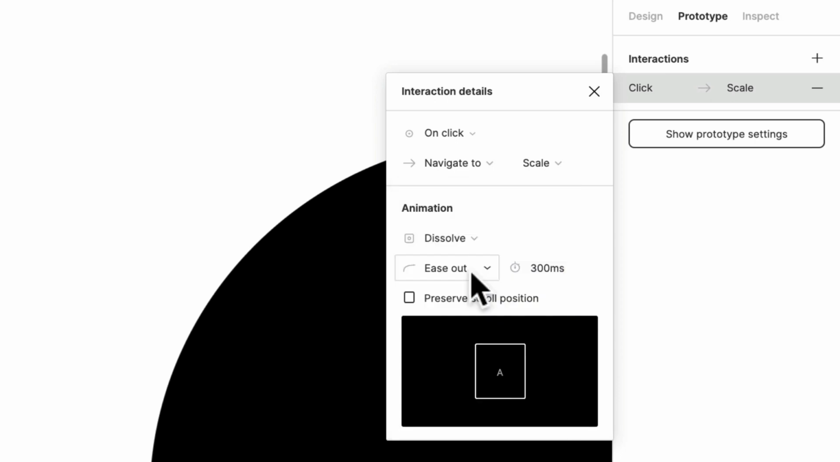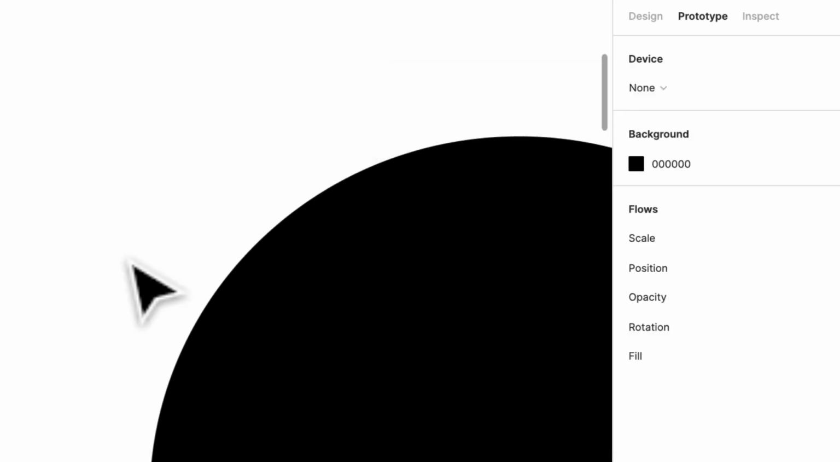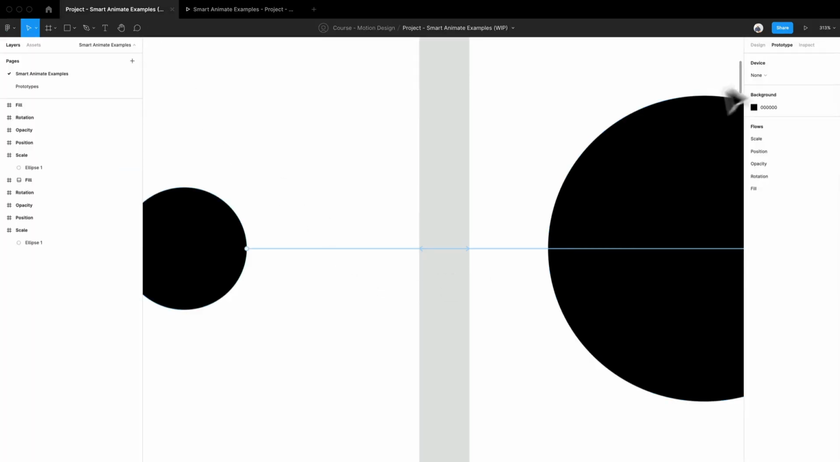So I have it on ease out. The timing is much more important to me. So if I increase that to say 1,000 milliseconds, that should last for a full second, that whole interaction. So I'm back here, and as you can tell, it moves in really slowly. Now let's actually look at